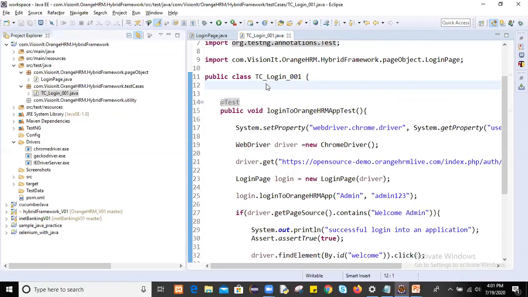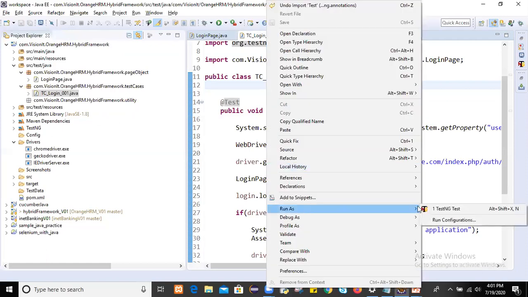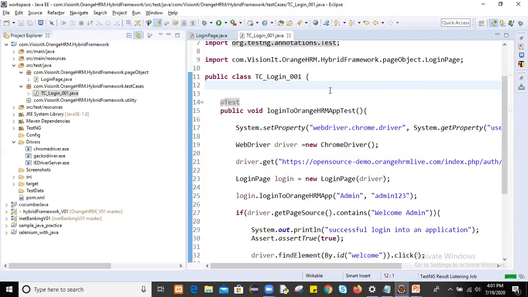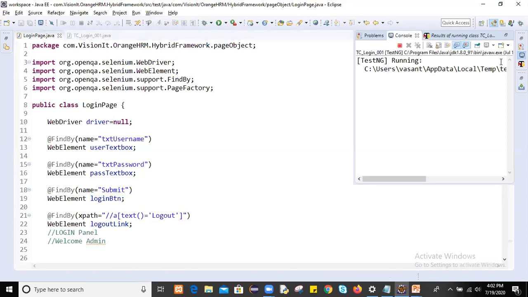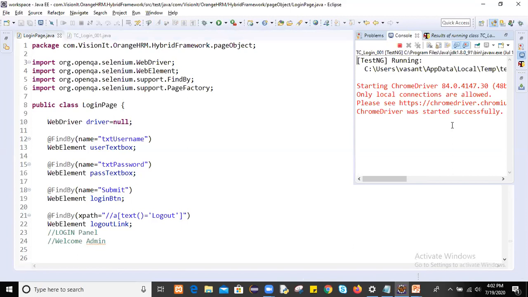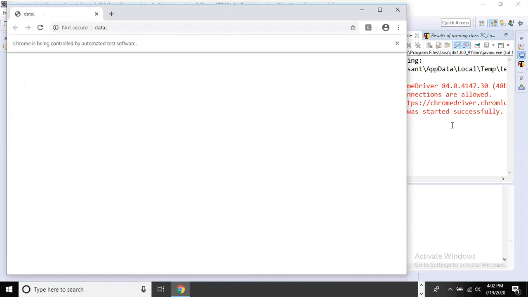Right click, run as TestNG test. You see, the browser got started.